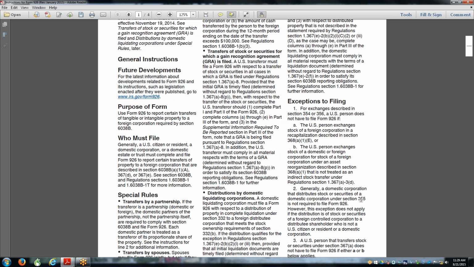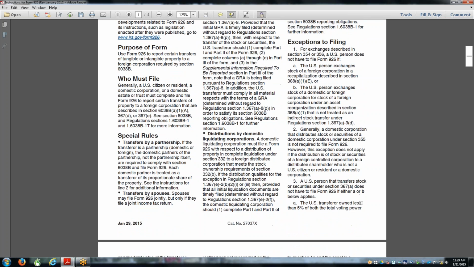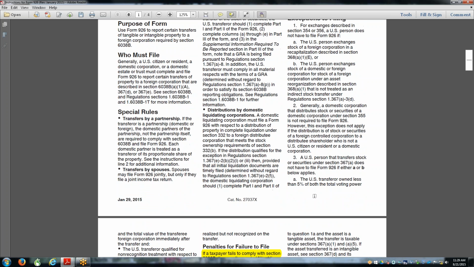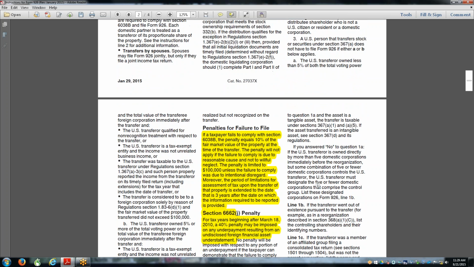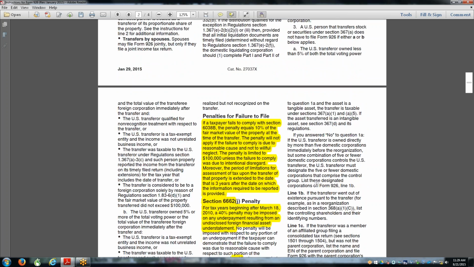Section 355 is a spin-off, not too common. Section 367, less than 5%. This is probably the most important thing. So if your client is investing in some type of a foreign investment company, like maybe a Vanguard fund, this form probably wouldn't be required. But other than that, the safest thing to do is to file the form, and the reason is this page,